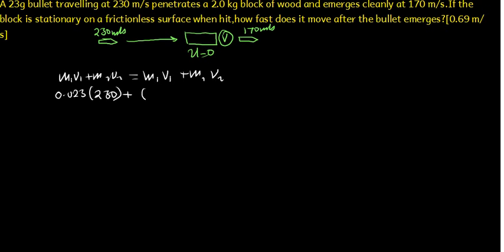The block was at rest, so it has no momentum. And then m1, that is still 0.023, and then it emerged at 170, plus m2, that is the mass of the block, which is 2 kg. Now what velocity did it start moving at? 0.023 multiplied by 230, that is going to be 5.29, and that is going to be equal to 0.023